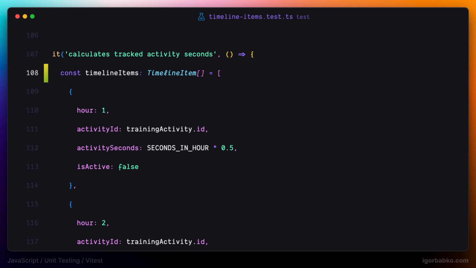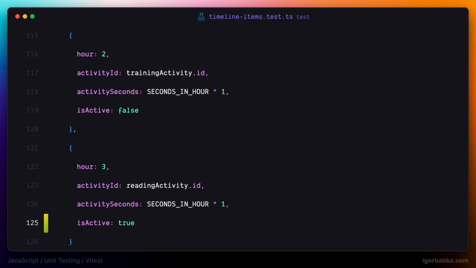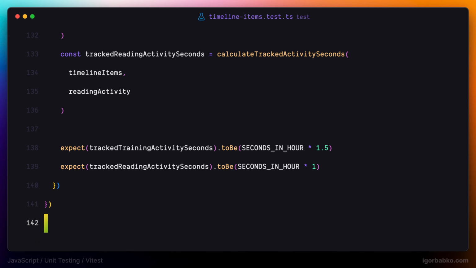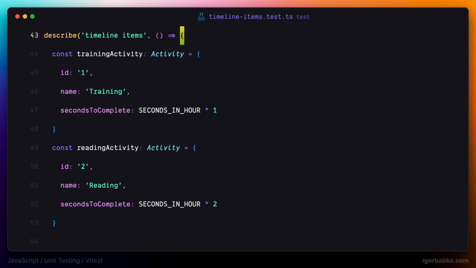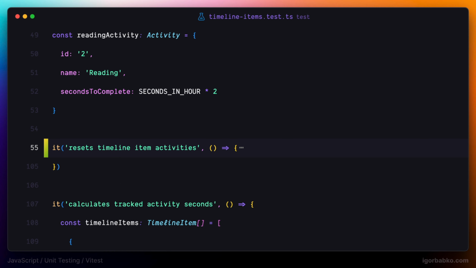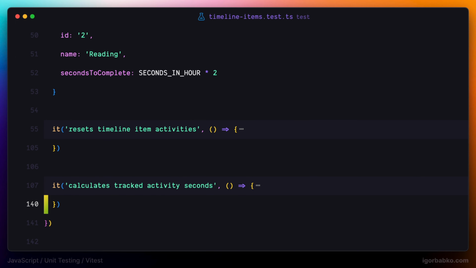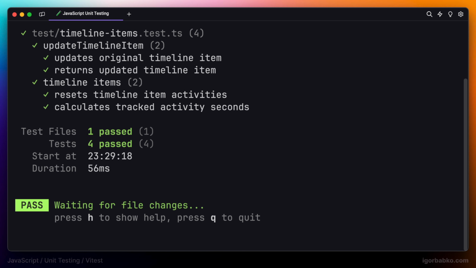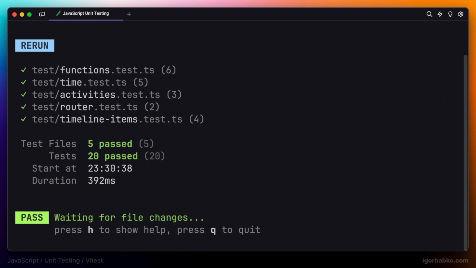And this way we were able to reduce duplications in this file by using describe block and moving common functionality outside of testing functions. So by now we have two describe blocks in this file, each of which contains two testing scenarios. As we can see, all tests in this file are passing. Let's also make sure that all tests in the projects are passing as well. And they are. So we can continue working on